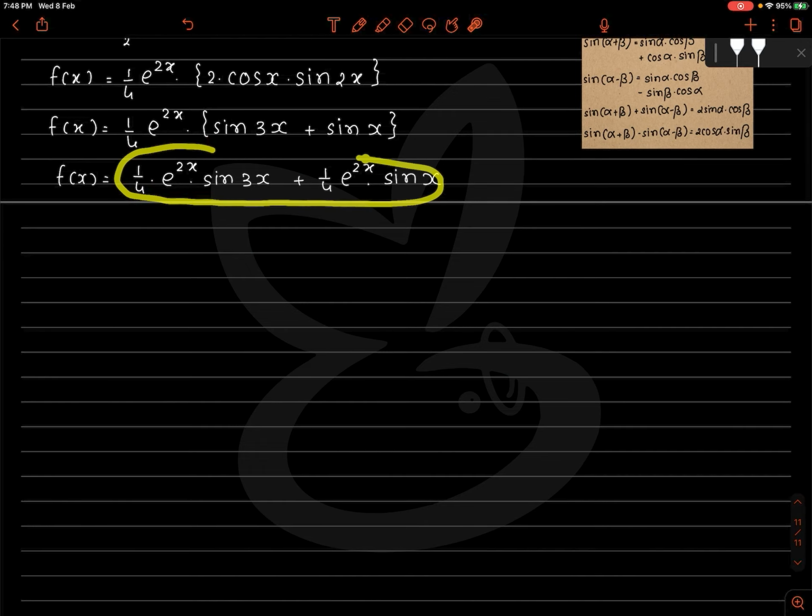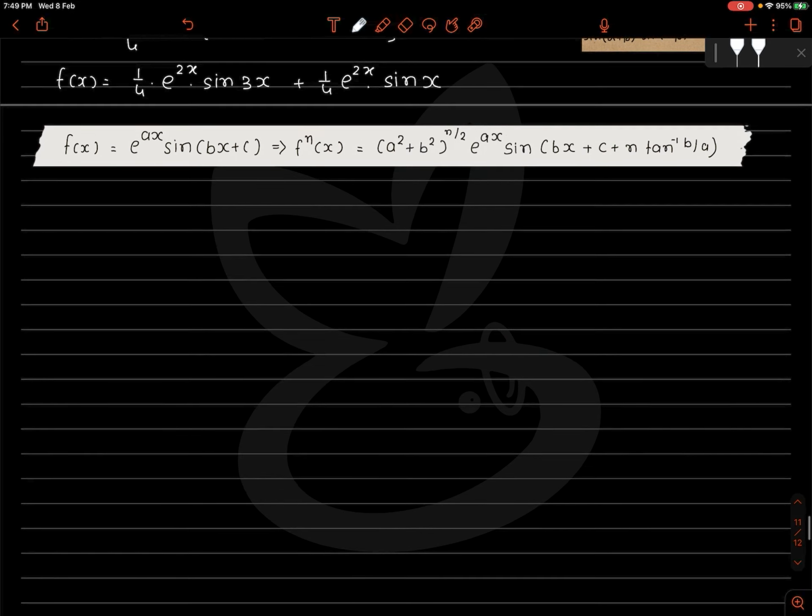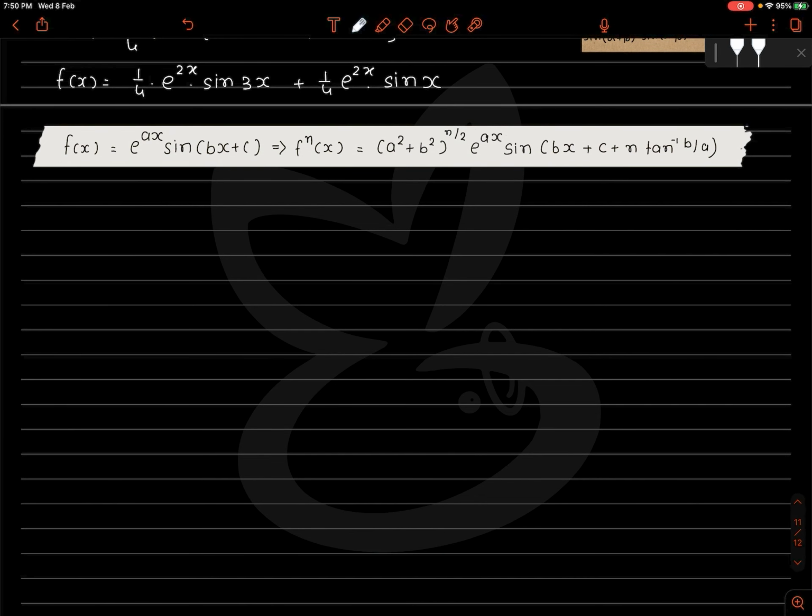Now these both are the standard forms. You can see here for this function the value of a is 2, value of b is 3 and c is 0. For this function the value of a is 2, value of b is 1 and value of c is 0. We can now directly write the nth derivative. We will write now, differentiating f of x n times, we will get the nth derivative of f of x would be 1/4 of